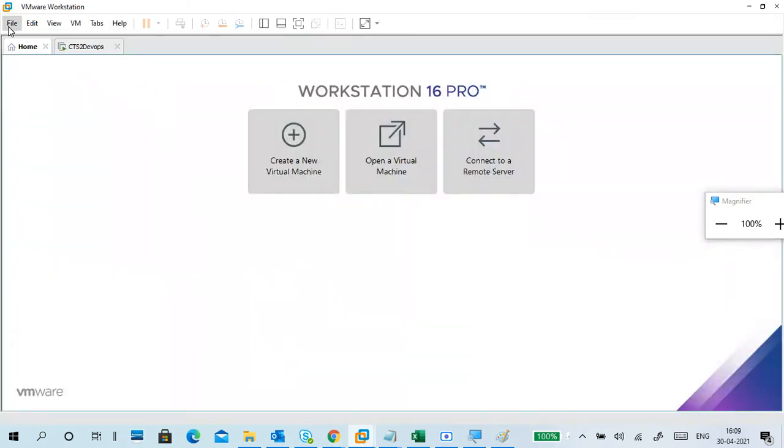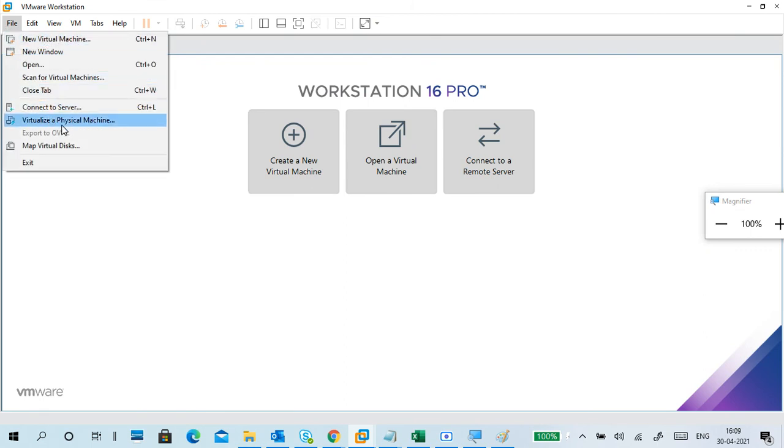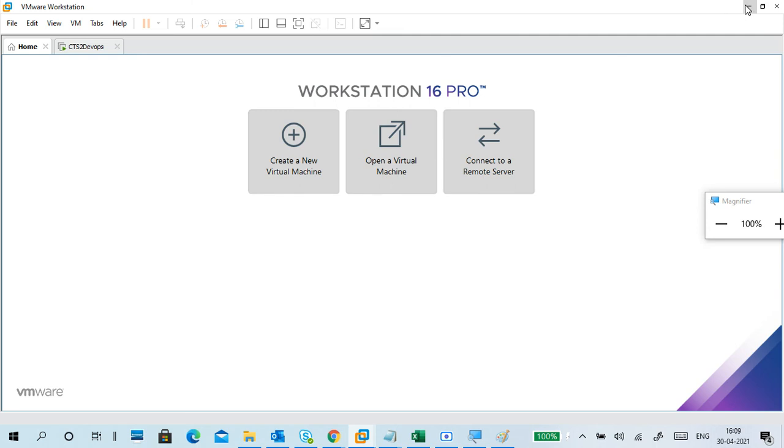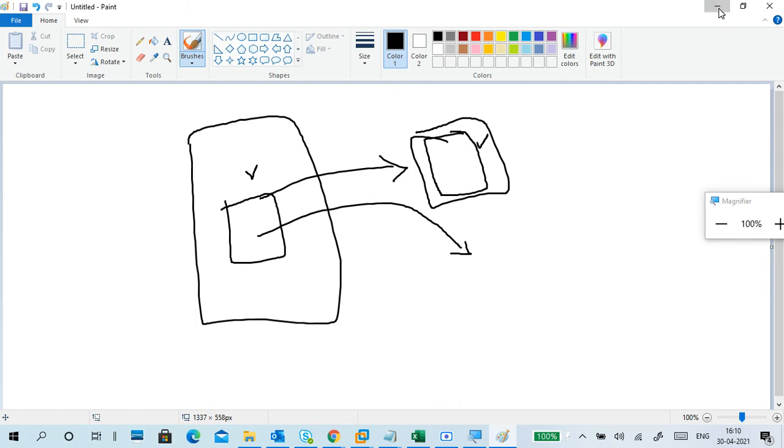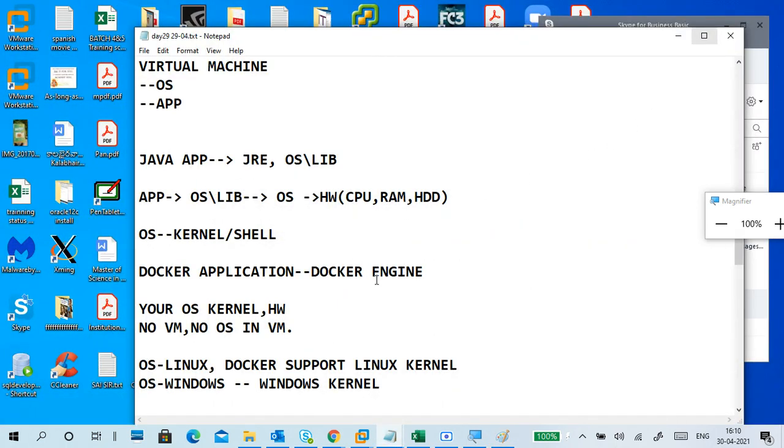Your physical machine stays, but it creates a virtual machine image, so then you can transfer it someplace else. But converting a running machine, either physical or virtual, into a Docker image, I am not sure about it.